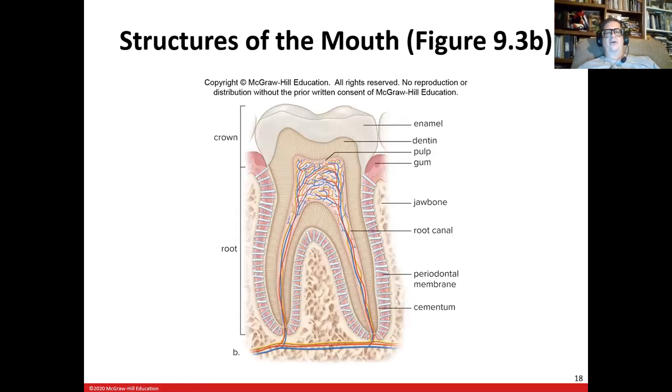All right, so again, we have the gum, which, by the way, the gum is called the gingiva. It wasn't listed there, but the gum is the gingiva. That's why gingivitis is a thing. The term means inflammation of the gum. But anyway, anything above the gingiva, above the gum, that's the crown. Anything below it is the root. As we move from outside in,